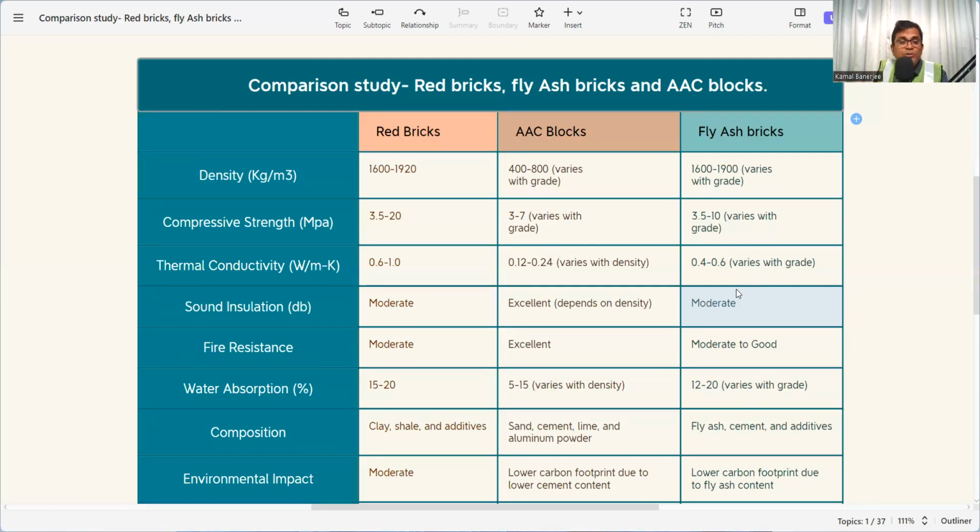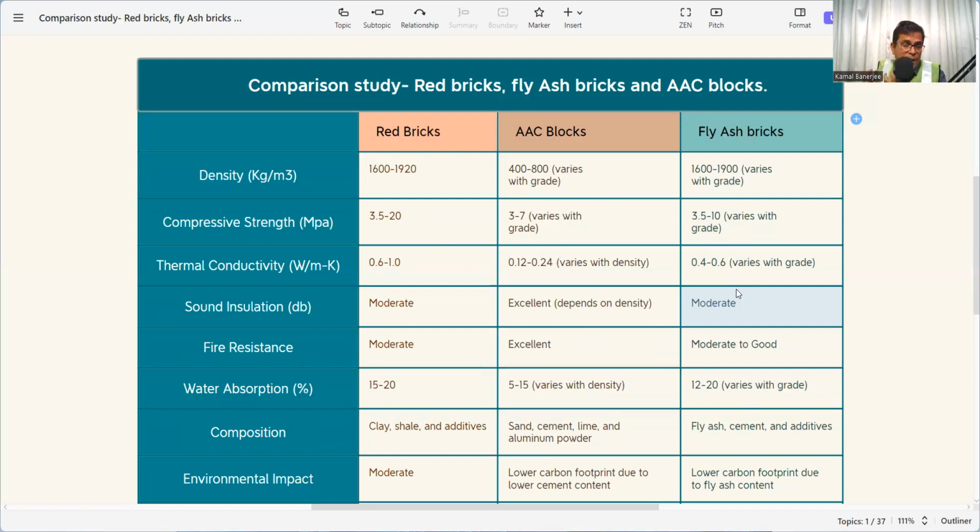As per the thermal insulation, that is also acceptable. Then water absorption. The red bricks absorb more water. It is around 15 to 20%, whereas AAC block 5 to 15%, and the fly ash bricks is 12 to 20%. If the water absorption is more, then whenever you are preparing it, you will absorb the water